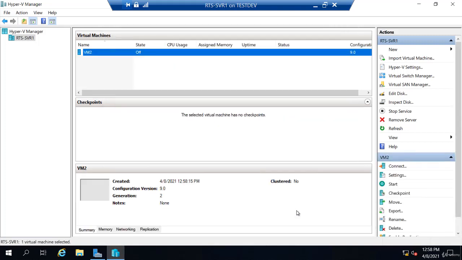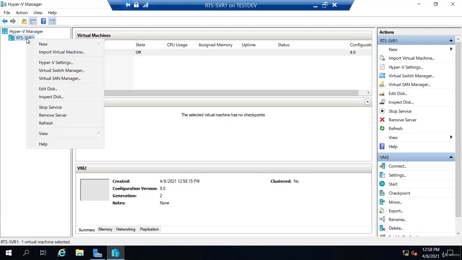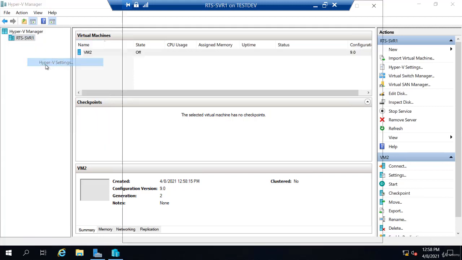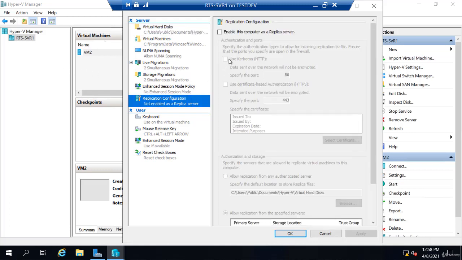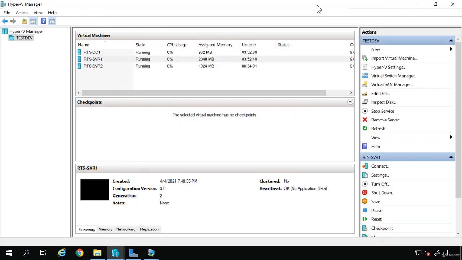Now, to configure the replication, there are a few things we have to do. There is a Hyper-V setting for replication, but you only need to configure it on the target machine. I'm on the source machine right now, but if I go to replication configuration, you'll see enable this computer as a replica server. Well, I already host a virtual machine. I want to replicate it to RTS serve 2. So unlike the migration, there is nothing you enable on the source machine, only the target. So if we go to RTS serve 2,